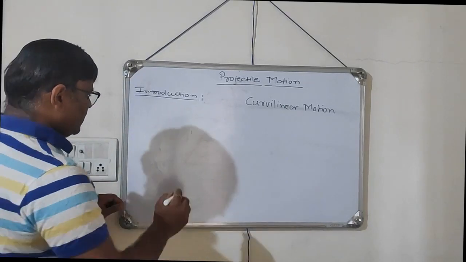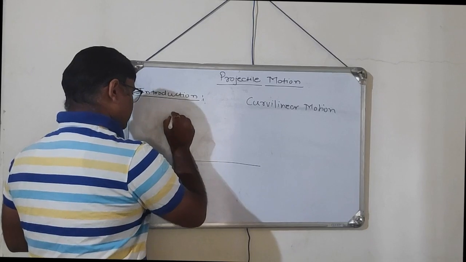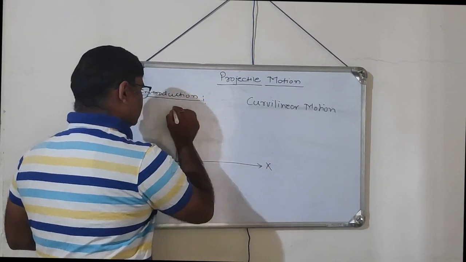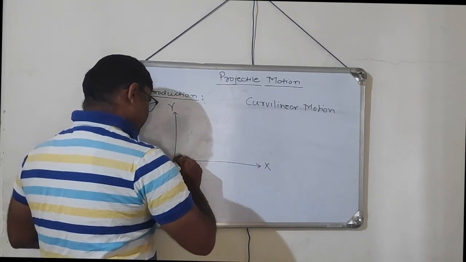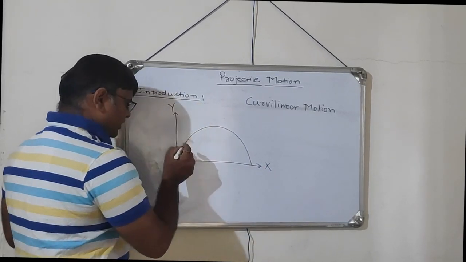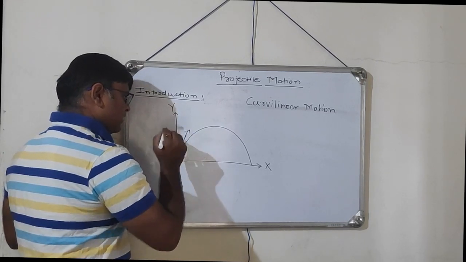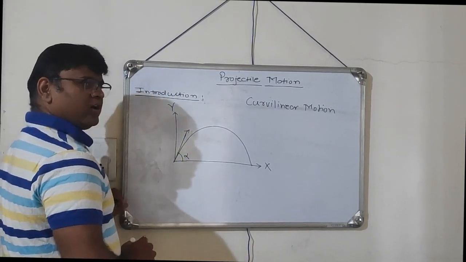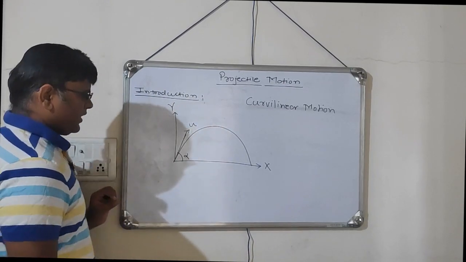So how can we draw this projectile motion for two dimensions? In our syllabus, we are only discussing the two dimensions. So for example, I throw this particle or pen in this direction. This is your angle alpha, which is called the angle of projection. This is velocity u. I am projecting this particle.